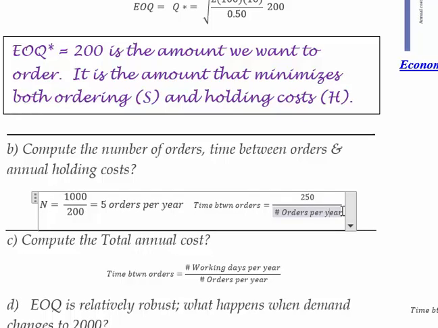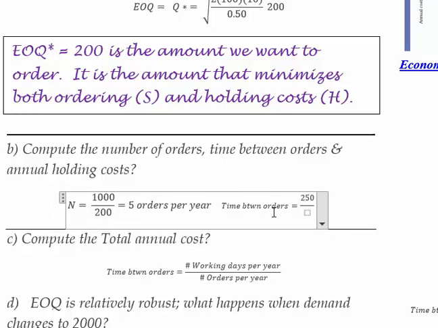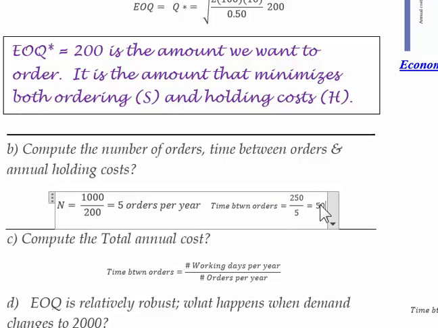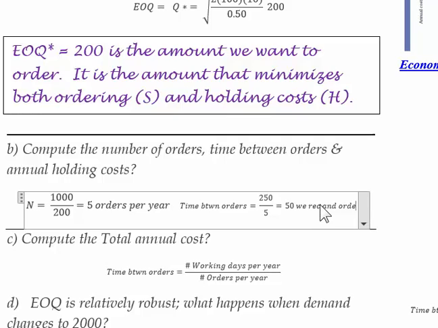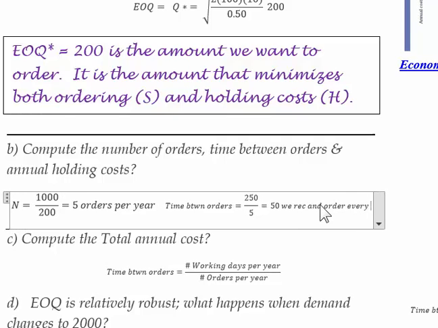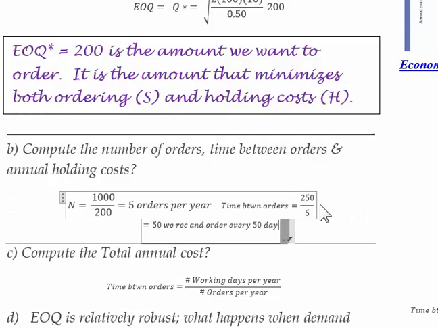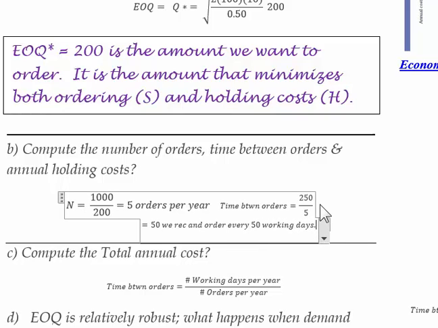And we're going to find out that we're going to get an order every 50 days. So we're going to put equals 50. To interpret that, we receive an order every 50 days, working days, I guess I should say. So that's what that tells us. Now we want to do the total